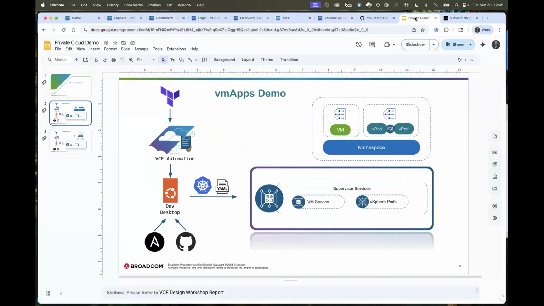Hey, maybe that's a good entry into the demo that I've been putting together. Yeah, that's good. This is a demo that I've been working through, and it's designed to show the private cloud nature of the deployment here. What I'm going to do is leverage Terraform to deploy a VCFA blueprint that happens to be an Ubuntu desktop. I'm going to run that through Cloud Init and get it configured, and then hit it with Ansible to update and upgrade packages, just to show that we do have that Ansible integration.